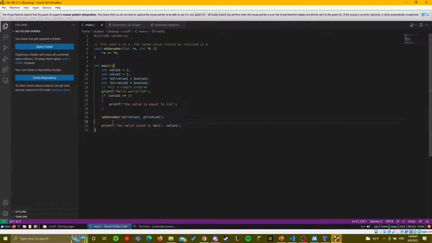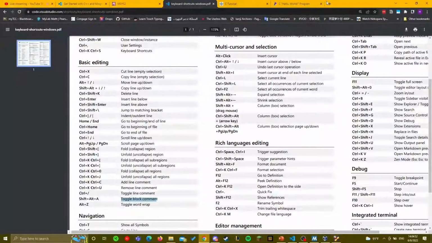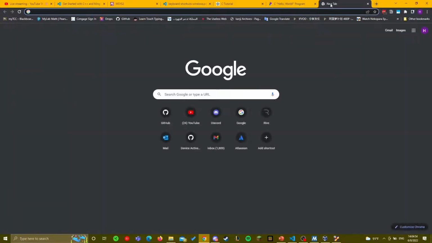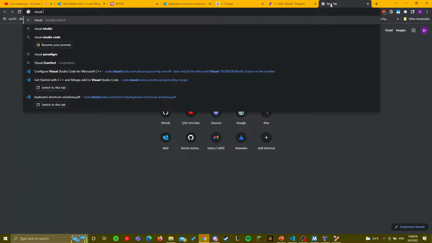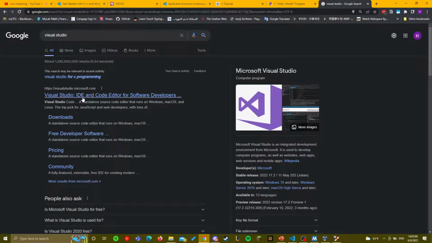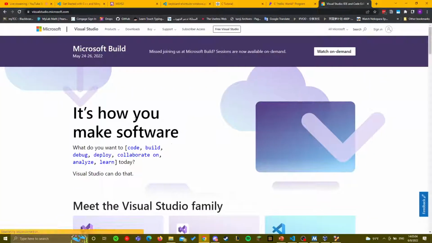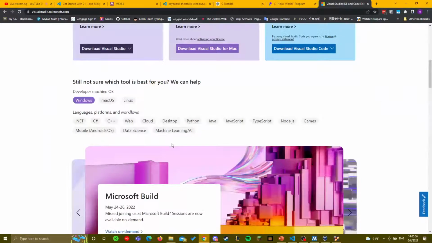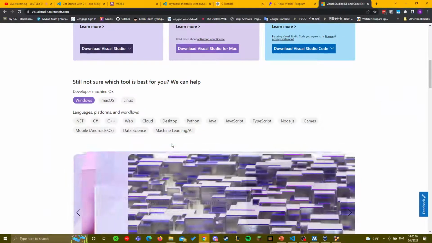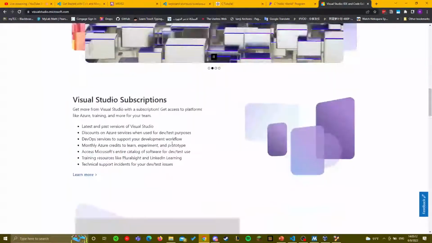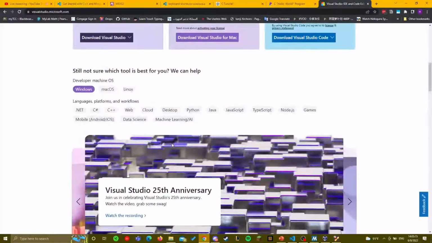If you want to go super in depth, I would recommend getting Visual Studio, which is also made by Microsoft, but is more robust in what it can do. For this project, we want you guys to use VS Code, but in the future, if you do want to get into it, if the language you're working with is supported by Visual Studio, it's a full IDE.